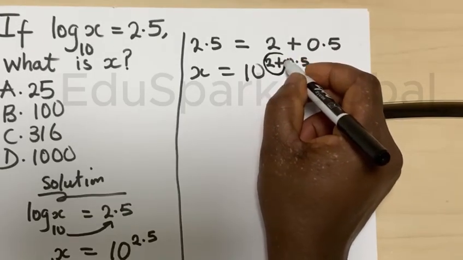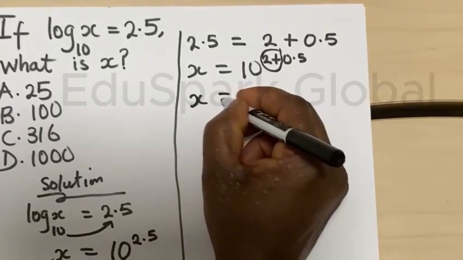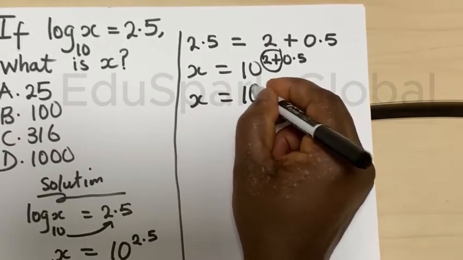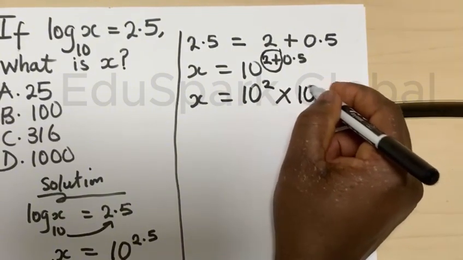Because of this plus sign, we can write it as x equals 10 to the power of 2 multiplied by 10 to the power of